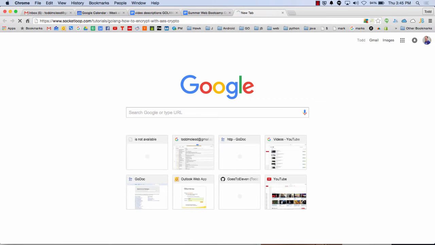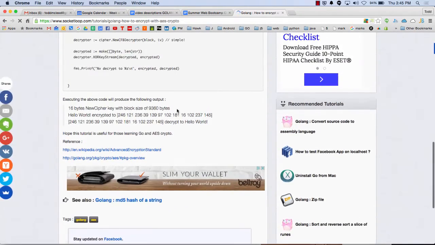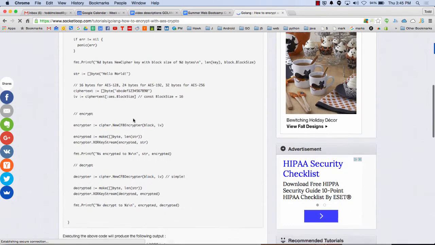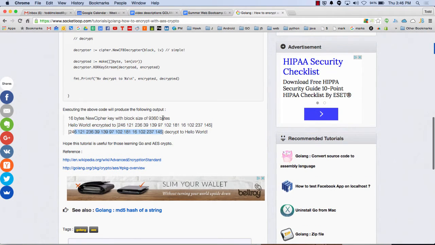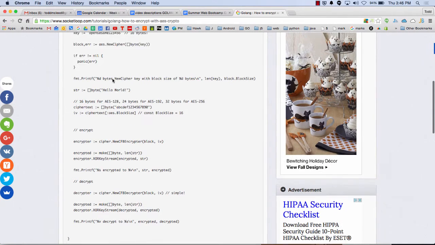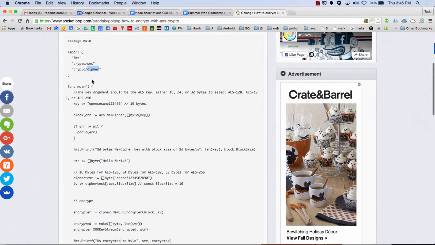I'll show you the article. So you could take anything and you can encrypt it. And so hello world encrypted is that. And then when you have this, you could unencrypt it, right? Decrypt it, I guess is the right way to say that. And so to do that, there's the AES, which apparently is military grade encryption. And then there's also Cipher. And there's this thing about blocks when you start looking into cryptography. So that's one of the things I want to learn about.